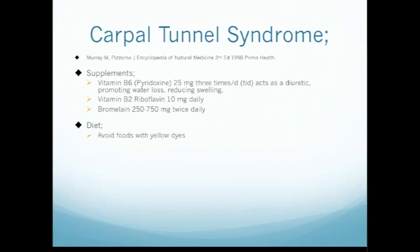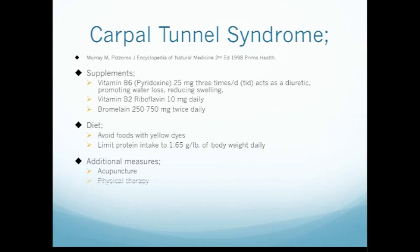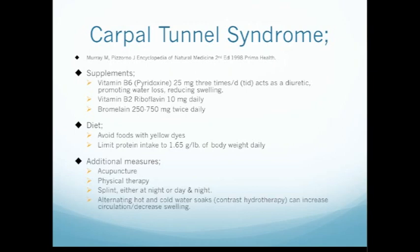Diet: avoid foods with yellow dyes. Limit protein intake to about 1.65 grams per pound of body weight daily. Additional measures: acupuncture has been shown to be helpful, as has been physical therapy. Splinting, starting off at night, or if it's very severe, wear a splint day and night, a wrist cock-up splint. Alternating hot and cold water soaks, known as contrast